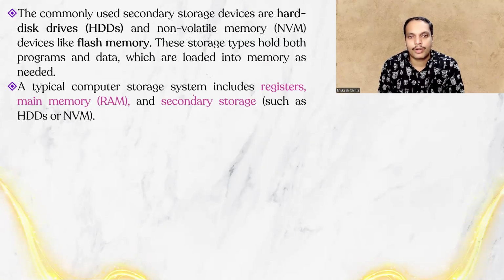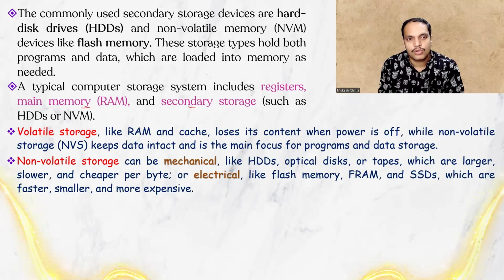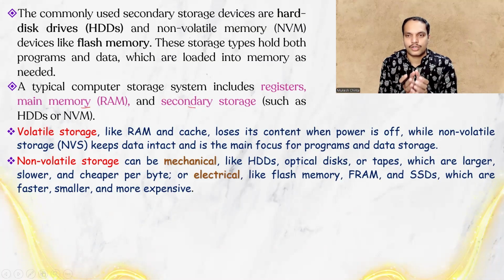So a typical computer storage system includes registers, main memory, and secondary storage such as your HDDs or NVMs. So volatile storage ante RAM kanindi, cache loses its content when power is off, while non-volatile storage keeps data intact and is the main focus for programs and data storage. జనరల్ గా కంప్యూటర్ భాషలో చెప్పాలంటే స్టోరేజ్ మనం వాడేది నాన్ వాలటైల్ యూజ్ చేయాలి, because you can keep data permanently in your